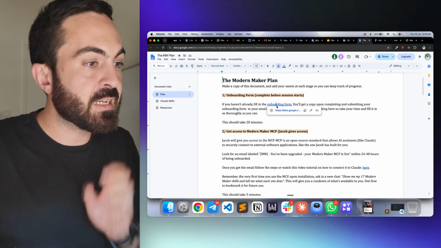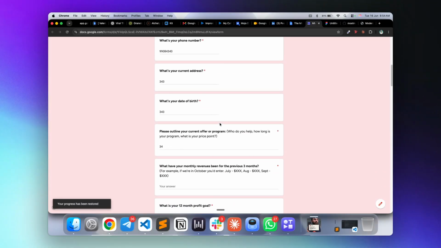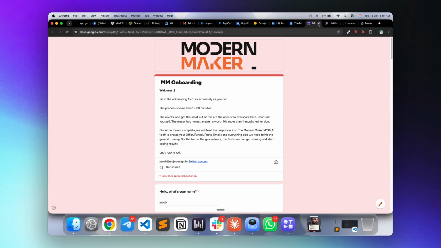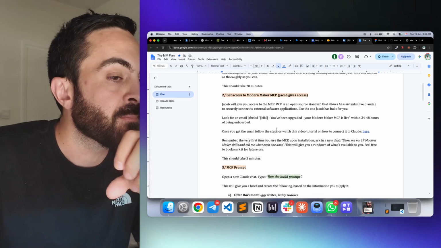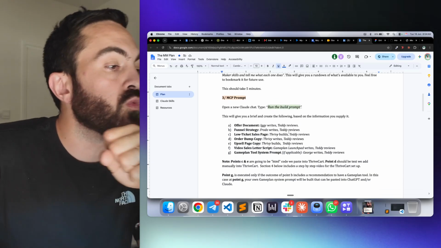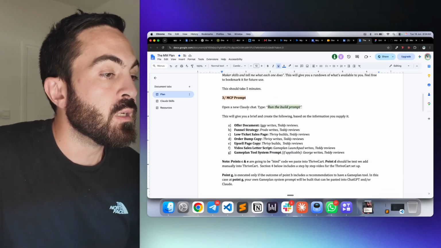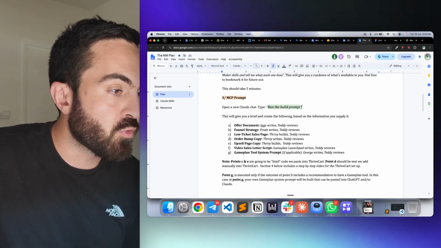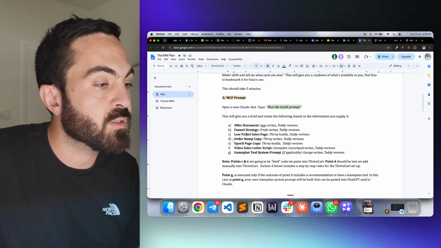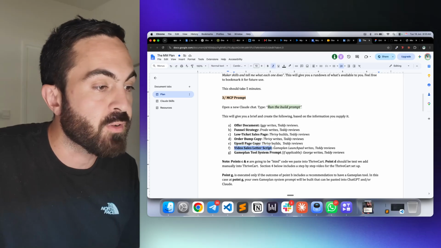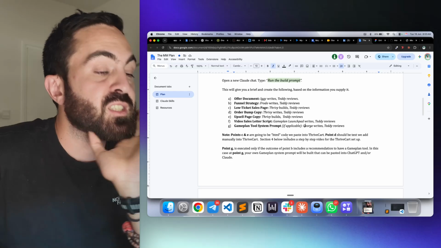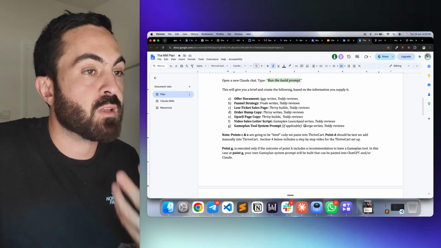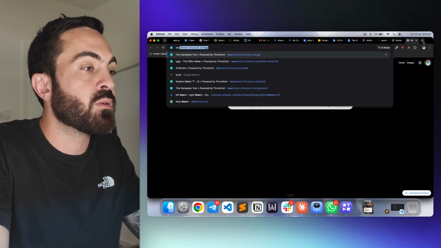So ideally, there are several steps, but just to give you an overview, there's an onboarding form that people fill in that has a set of questions, and then it grants them access to the MCP. Once they do, they have this follow-along thing where when they say run the build prompt, it runs the offer, the funnel, their low ticket sales page, their order bumps, their upsells, their video sales letter, their game plan tool, and then spits out HTML code to build landing pages, like for example, an easy